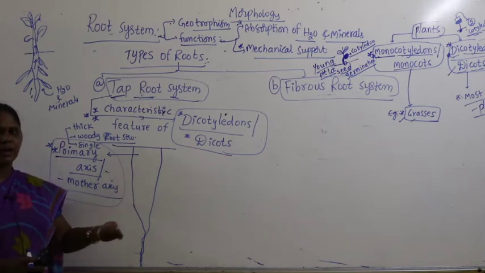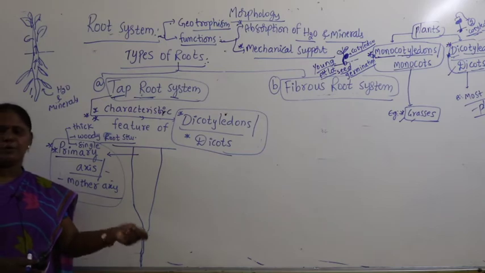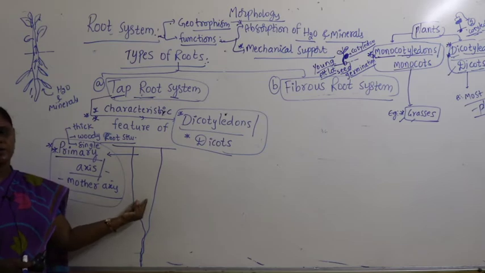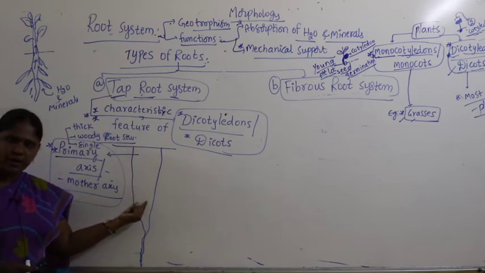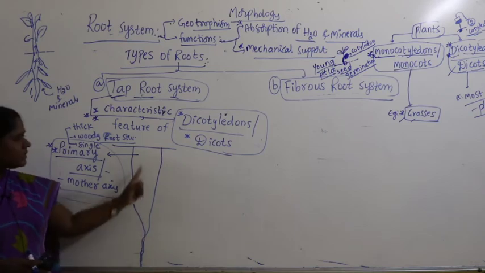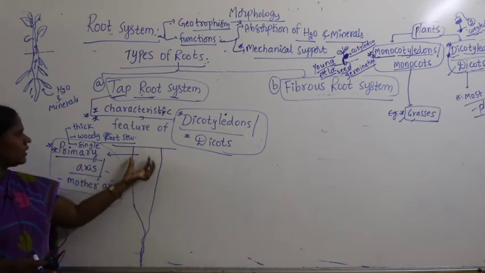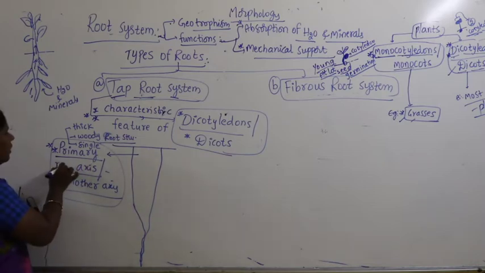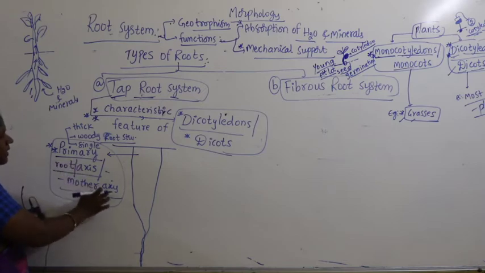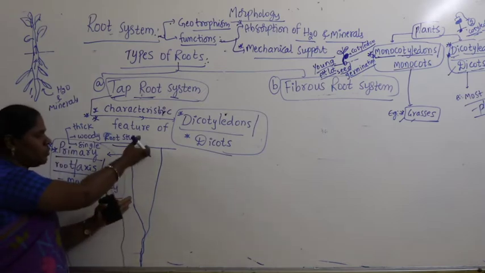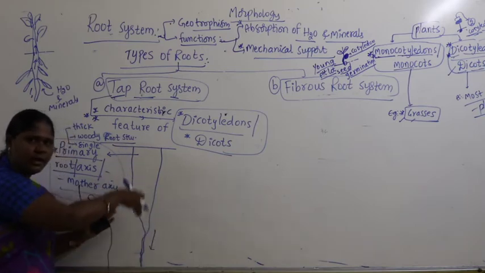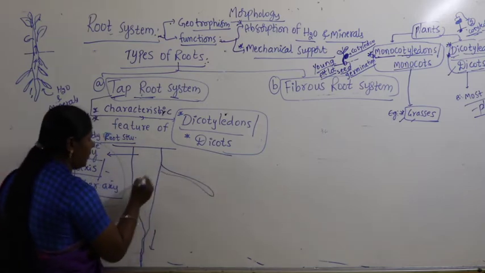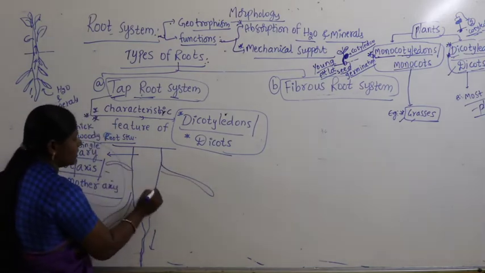Generally, if you have a garden, or on the roadside, if you pick any plant, most of the plants are dicots, and definitely you can find the taproot system. In the taproot system, what do you find? A single thick woody root in the center, called the primary axis or primary root, or mother axis, mother root, which grows into the depth of the soil. Now from this you find some lateral roots. Some roots come like this.